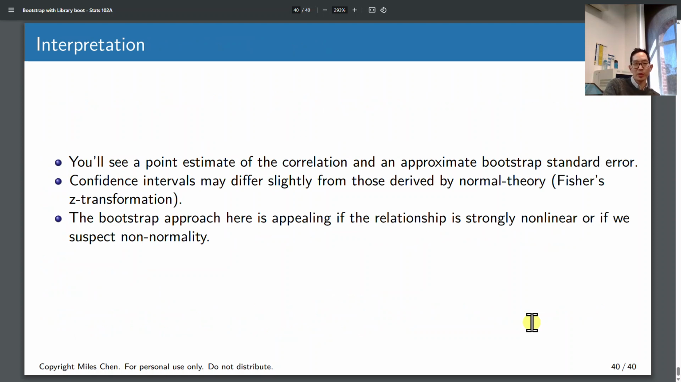And yeah, these are going to be different from if you assumed a normal distribution on the data, which for this data set, we probably don't want to assume normality there. Okay,